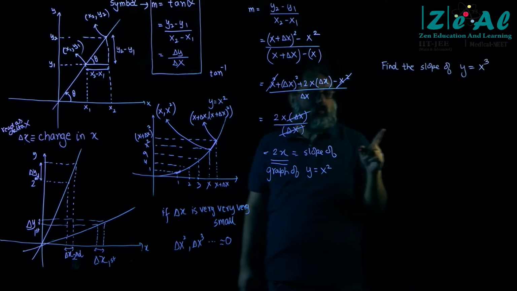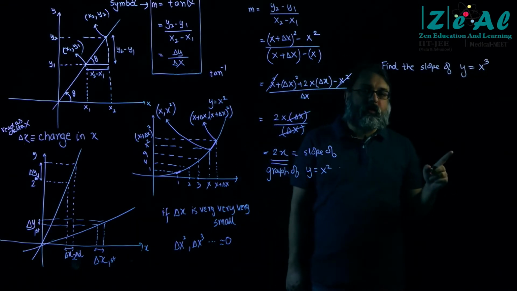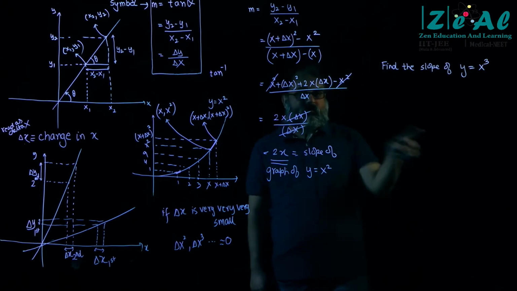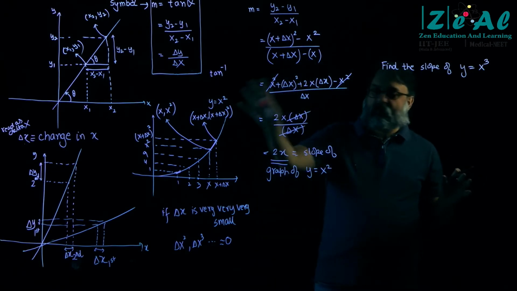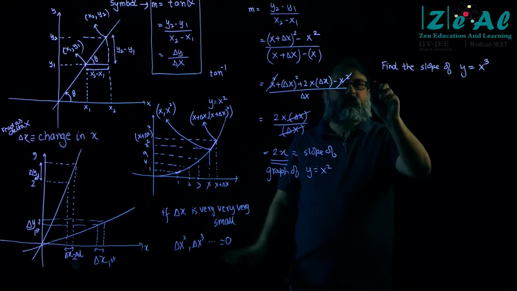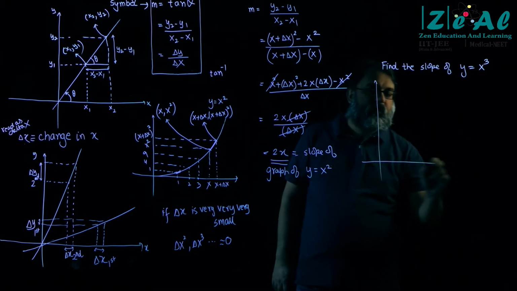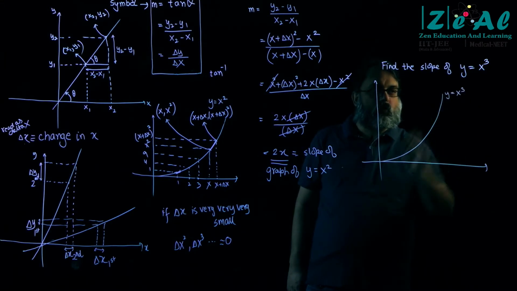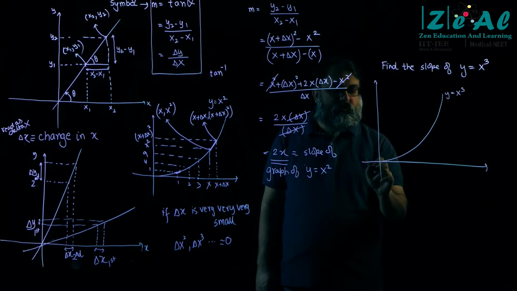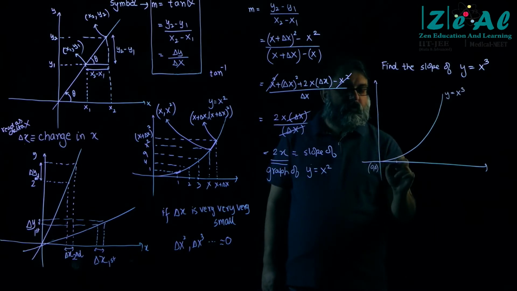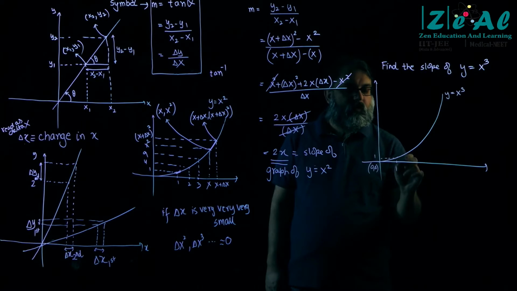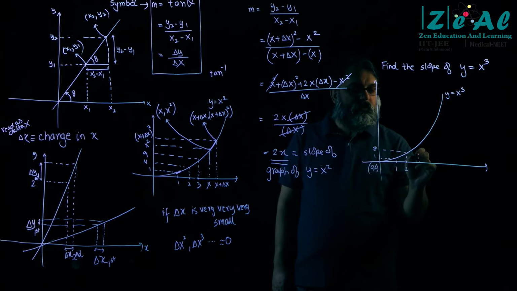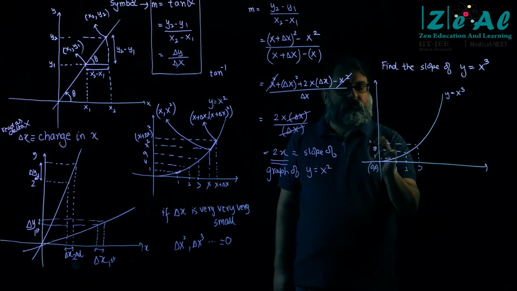Now I know some of you know how to do this instantaneously, and the rest of you will know by the end of this lecture, right? But I want everybody to find it like this. So basically you have to draw a graph, and this graph will be y is equal to x cube. You will say 0, 0 is there. Then 1, 1 is there. Then 2, 8 is there, right? And then 3, 27 is there.